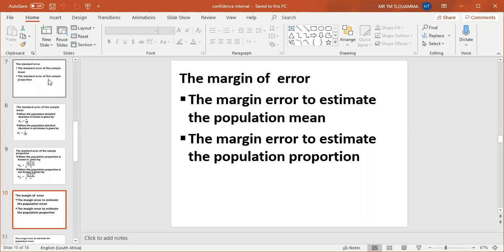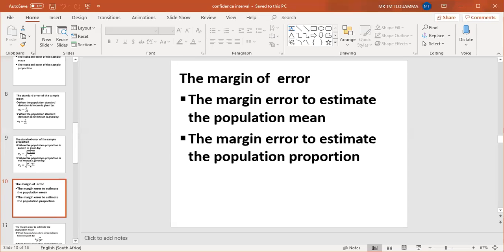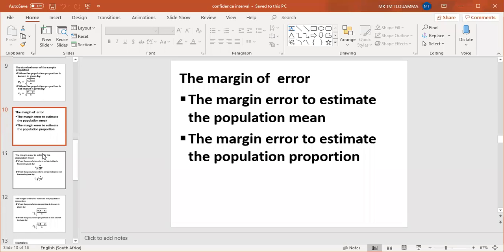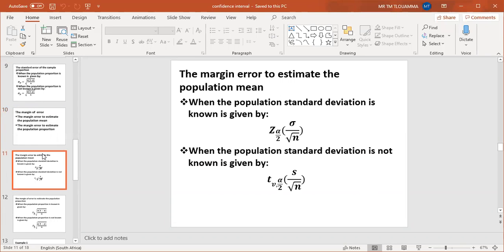So you must always bear that in mind. In the margin of error, when they ask you to calculate the margin of error of a certain problem, the margin of error will also use the same approach. When the population standard deviation is known, we are going to use the z critical value, multiplied by